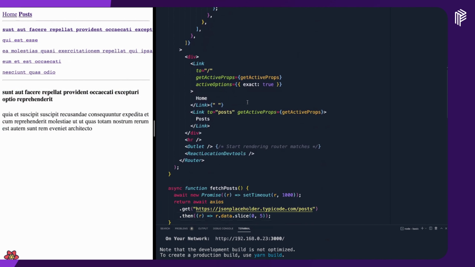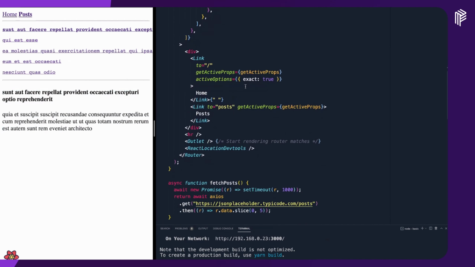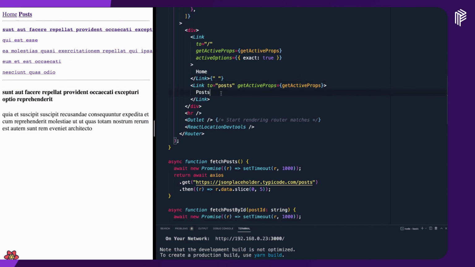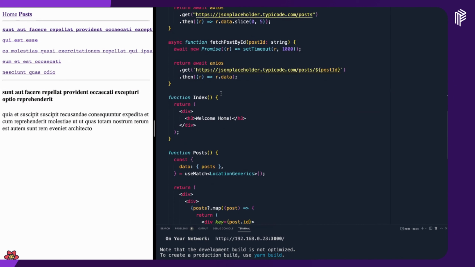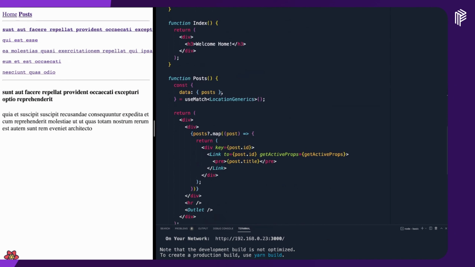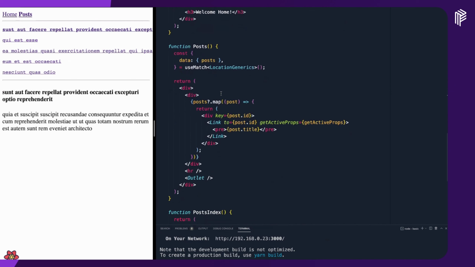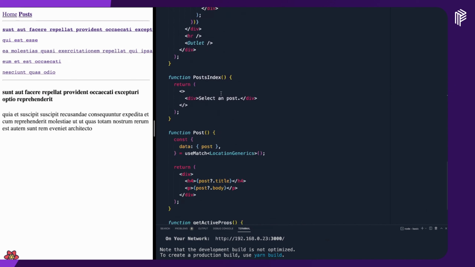I know nested routing was a big thing that React Router was working on for version 6, and I love nested routing. I missed it when they kind of took it away, and honestly, I think it's a fantastic tool for building web layouts. I'm really glad that they brought that back, and I was happy to take that inspiration into React Location as well. So when you come down to the posts,